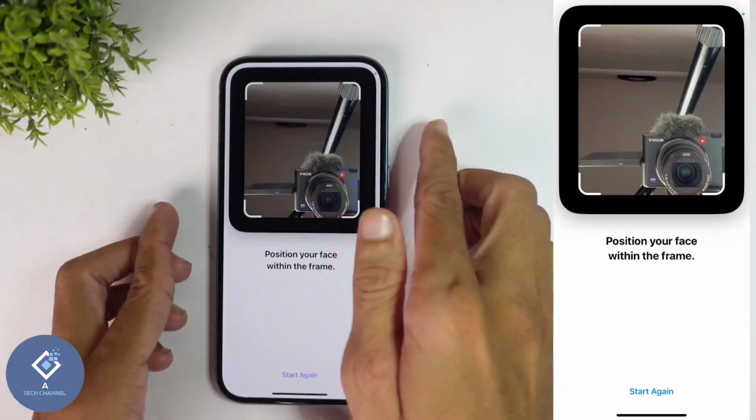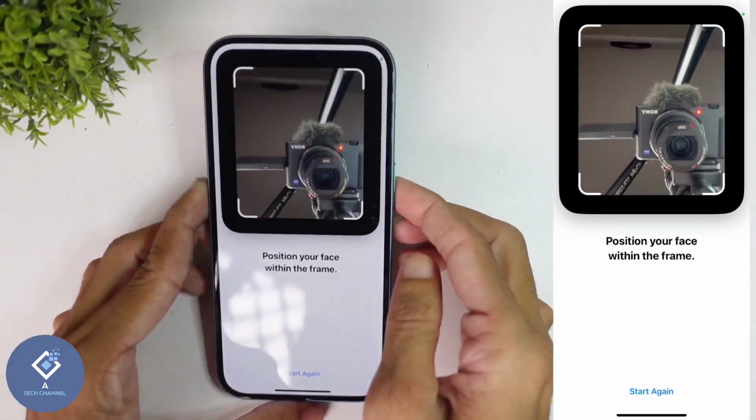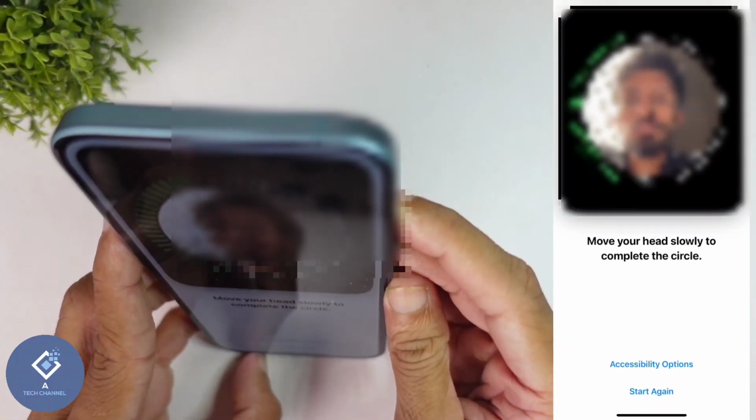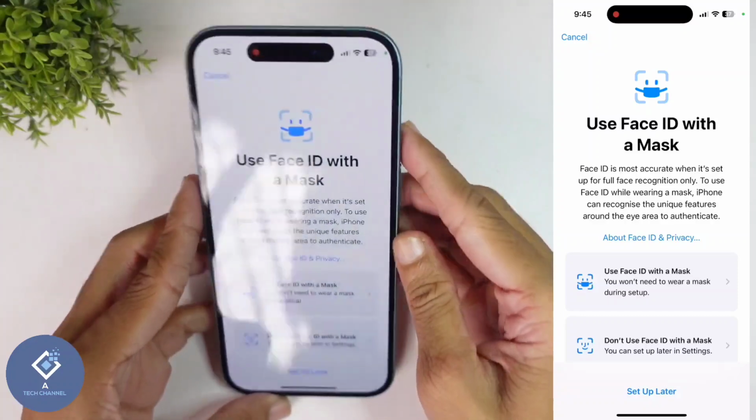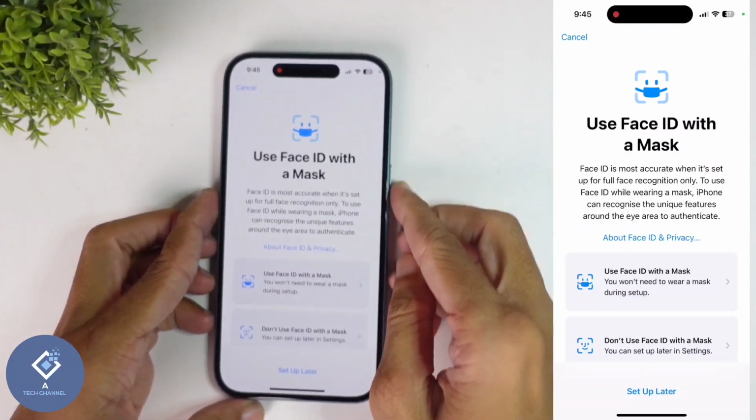Here in this area, your face should be there. For that, hold your phone towards your face. After holding, turn your face 180 degrees. When you are turning your face, Face ID will be set up, and after that you will reach a page